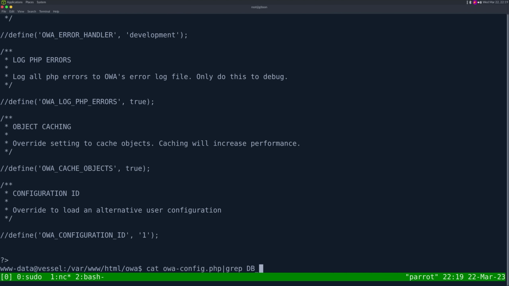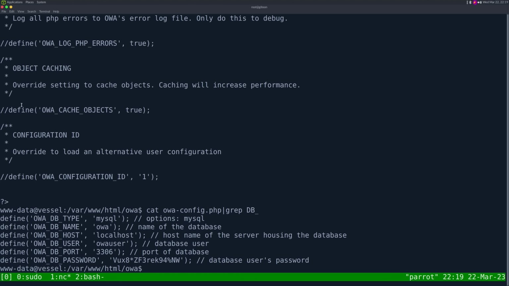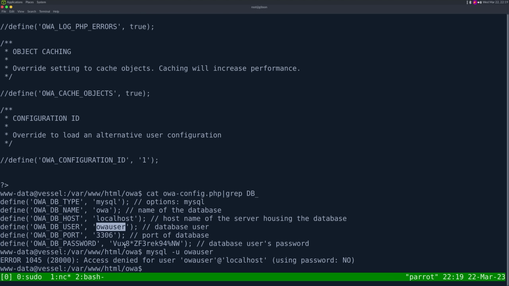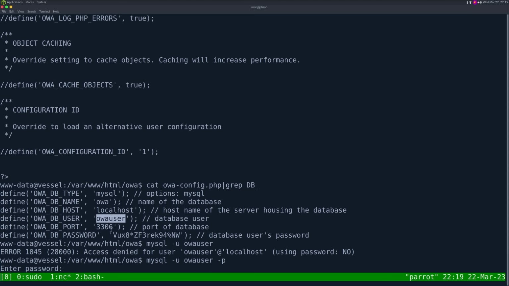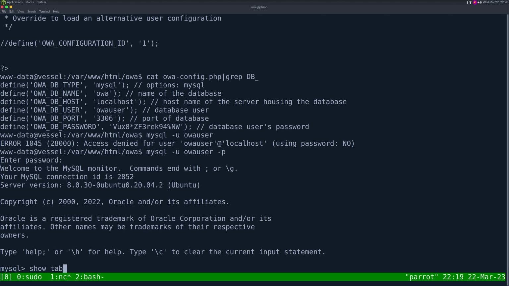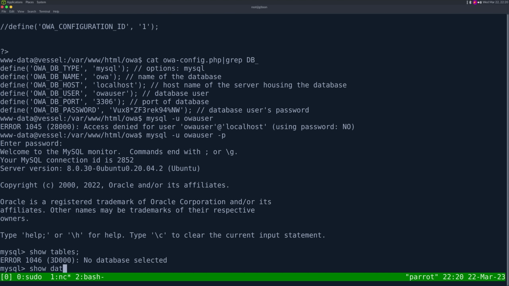Let's just grep it for DB underscore because that's standard naming convention in PHP. Probably other things as well. And we have localhost, OWA user, MySQL. So we could do mysql -u OWA user. We'd specify password and put this password in. Show tables, show databases,